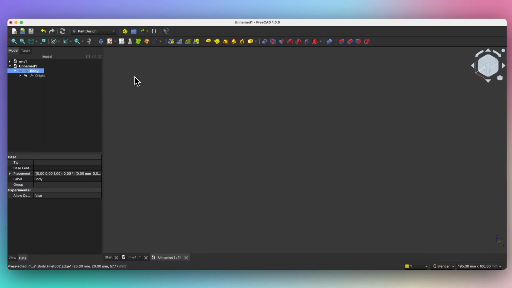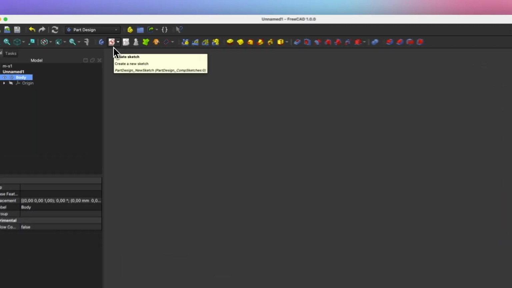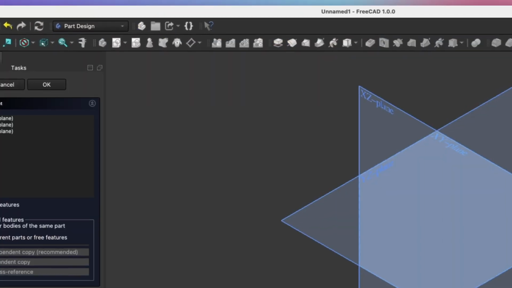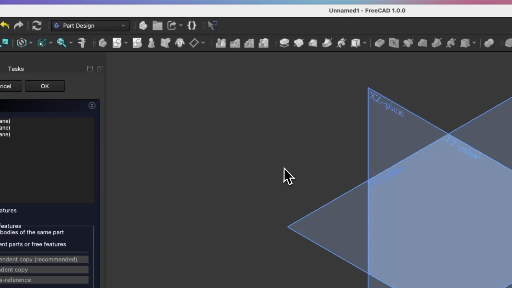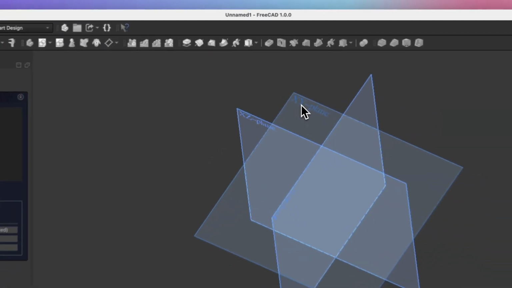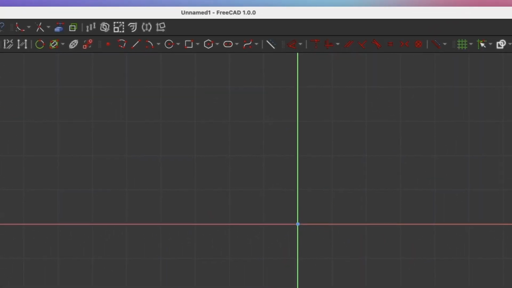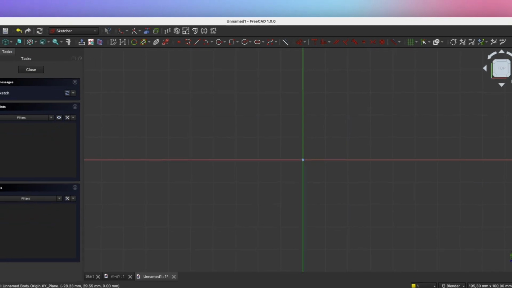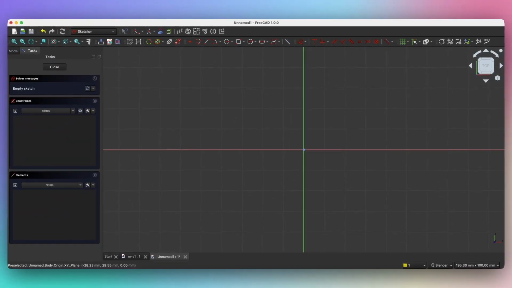We will start by creating a sketch. Choose the create sketch command and create a sketch on the XY plane. Select this plane, click on this plane with the left mouse button, and now this plane is the sketch plane and we will create a circle here. Select the circle drawing tool